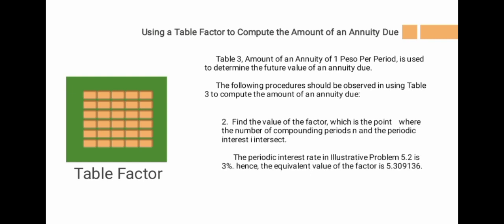Step 2, find the value of factor, which is the point where the number of compounding periods n and the periodic interest i intersect. So, hanapin daw natin yung compounding period at saka yung periodic interest natin kung saan sila nag-intersect. At yun yung ating gagamitin. So, the periodic interest rate, illustrative 5.2, is 3%. Hence, the equivalent value of the factor is